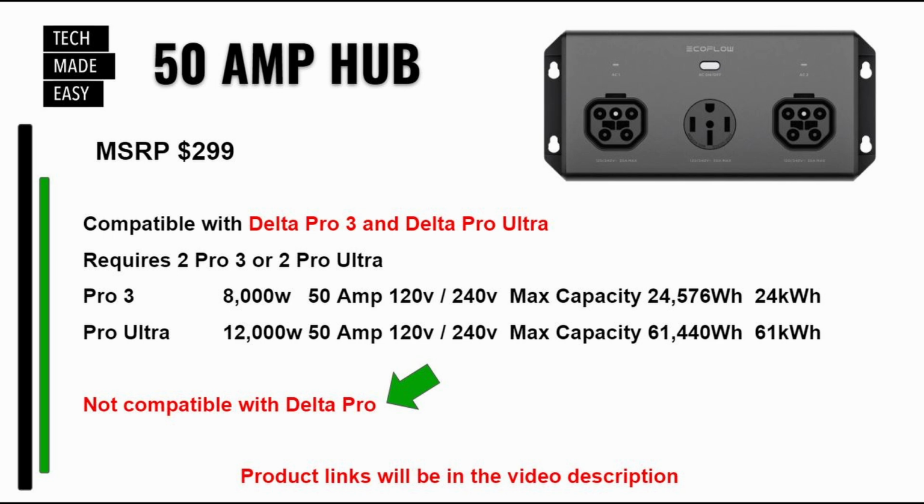Again, not compatible with the Delta Pro, and product links will be in the video description if you want to